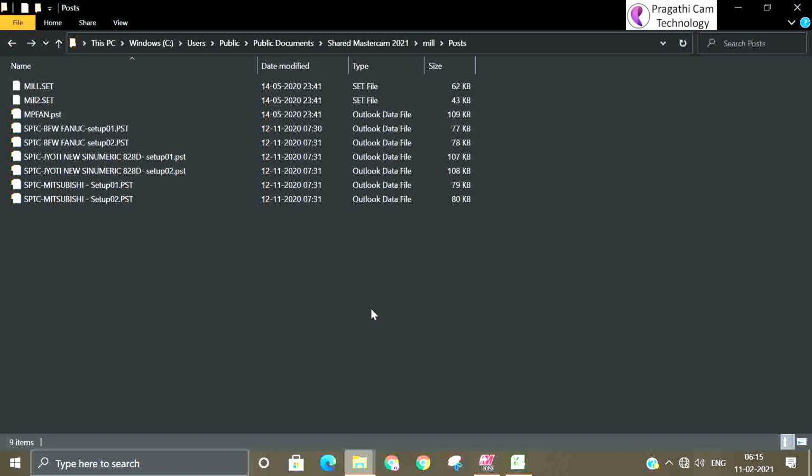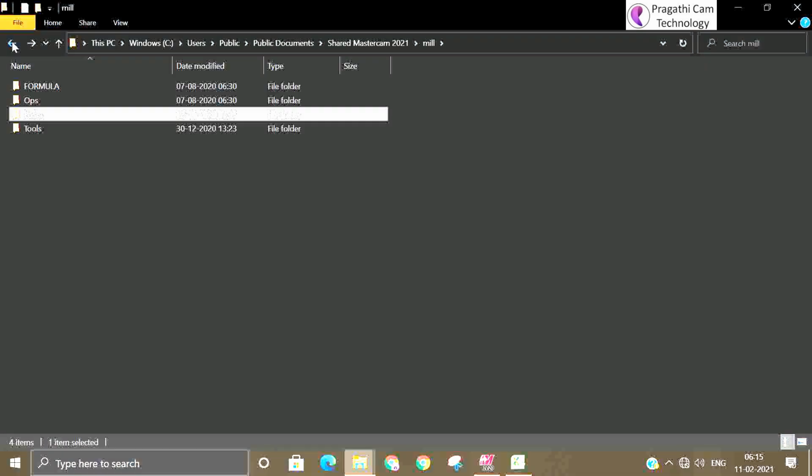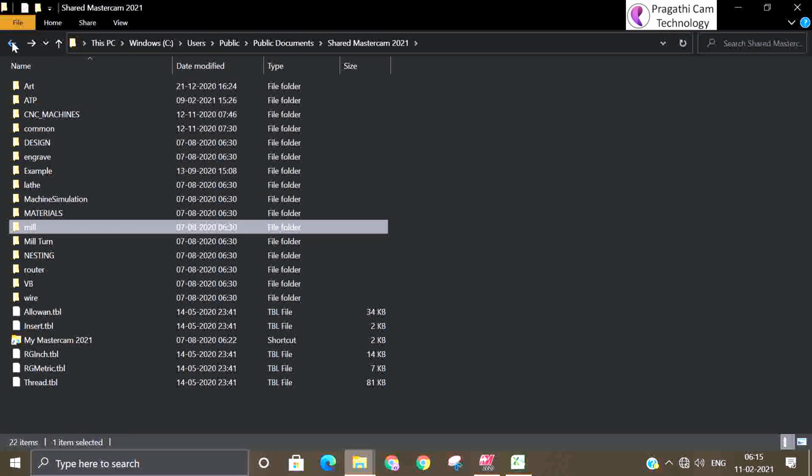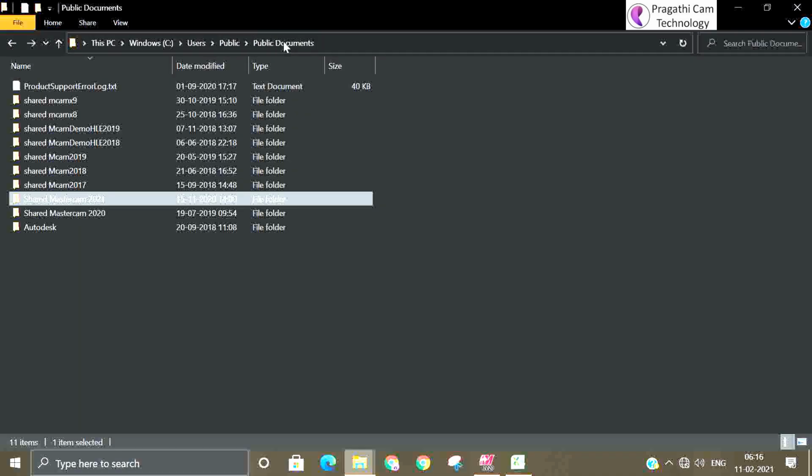So machine definition file extension is .mmd, control definition file extension is .control, and post processor file extension is .pst.